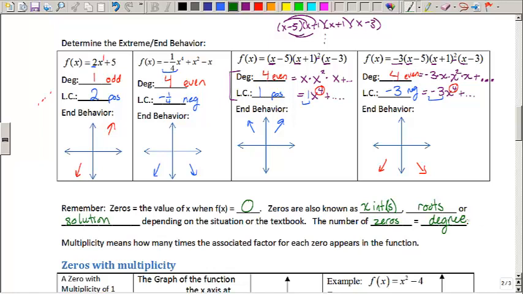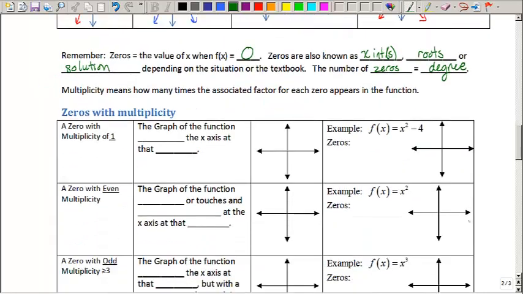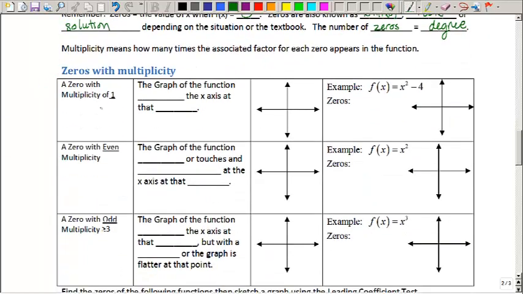Next, we'd like to talk a little bit about multiplicity. Multiplicity means how many times the associated factor for each of the zeros appears in the function. For example, a zero with multiplicity 1 means that the graph of the function crosses the x-axis at that point. An example would be